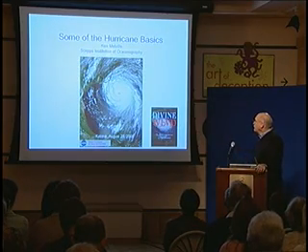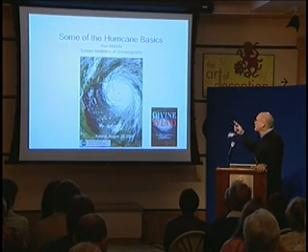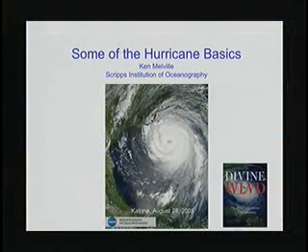The photograph also shows some of the obvious features of hurricanes, and that is the circular pattern, in this case in the northern hemisphere, an anti-clockwise circulation. And that has important consequences for a lot of the aspects of damage that we're going to touch on tonight from hurricanes. So the first question is, why is there this cyclonic circulation or an anti-clockwise circulation in the northern hemisphere? In the southern hemisphere, it's clockwise.